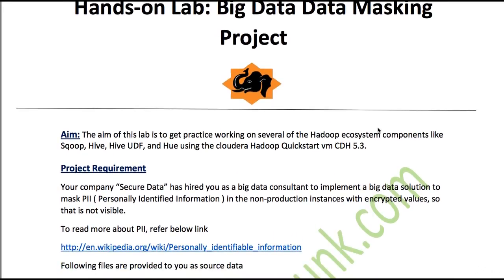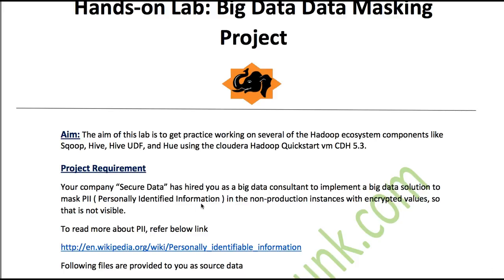In companies and corporates, data is usually very secure and private information, a very valuable entity, and it has to be secured in many cases, especially where we are dealing with something called PII data, which is personally identifiable information. What is PII data? PII data is something which can uniquely identify a person. For example, if you have the phone number of a person, you know the person. If you have the email address of a person, you know exactly that person. But if you know the city of a person, you don't know the individual person, and that's why it's not